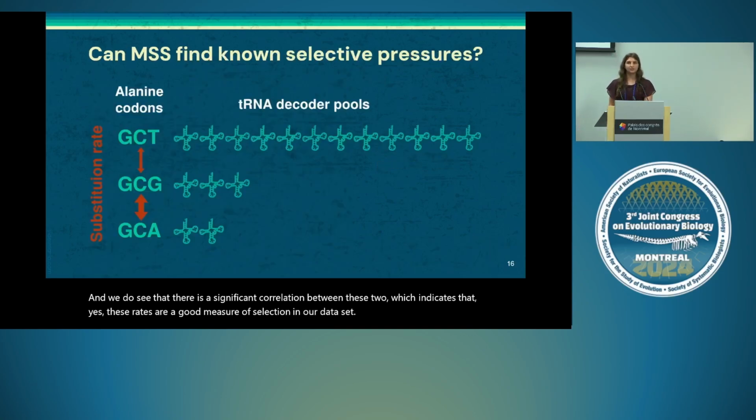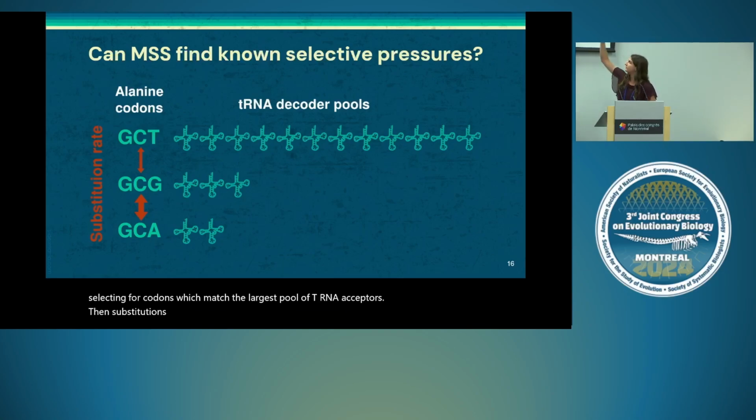So from there, we asked ourselves, okay, we can detect selection. Can we detect specific selection pressures that we know are acting on our data set? So we went back to our translational efficiency hypothesis. We reasoned that because translational efficiency is selecting for codons which match the largest pool of tRNA acceptors, then substitutions which went from a very large pool to a very small pool of tRNAs were likely to be disfavored and